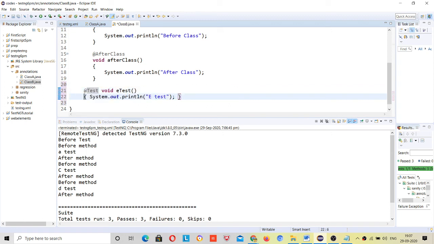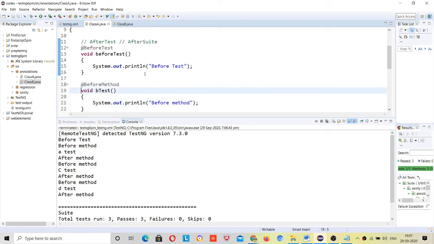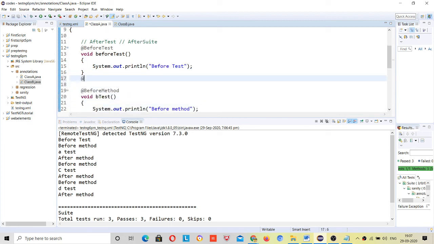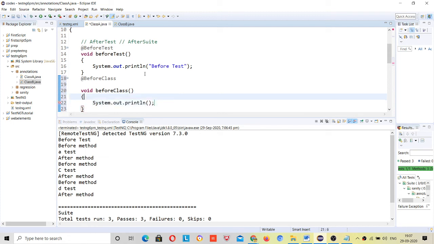I will include this inside your class A also. So suppose you have already, let me include here before class, control space, void before class. It's too messy now, but I will ask you what will be the output then.